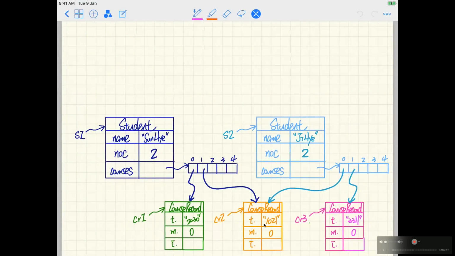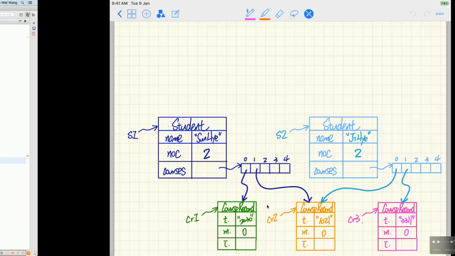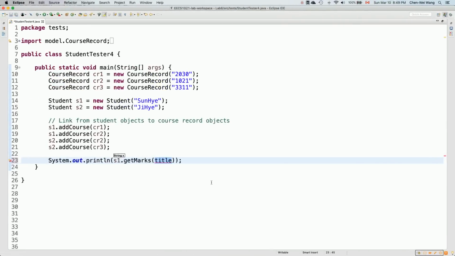They were classmates for, let's say, 1021. I want to know what their marks are. Okay, they simply refer to the same course record over here. They share the same course record. So now what we can do is we can simply do,